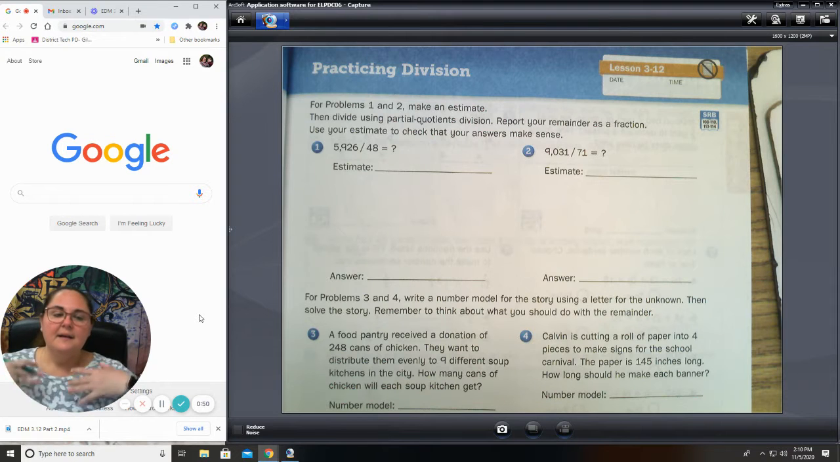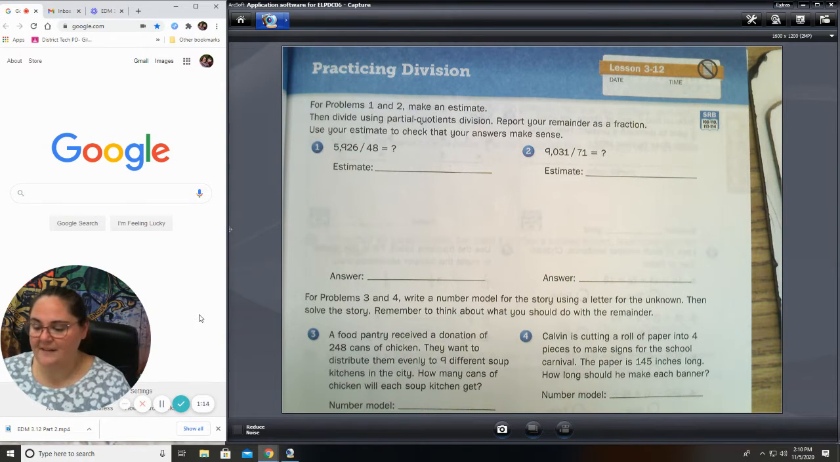Now, it says to use partial quotients. You know how I do things. So you can absolutely use another strategy to check your work. I want you to try partial quotients. You know I don't like it as much, but I want you to try it with me. But you can always use traditional division to check your work. Okay? So starting with number 1,